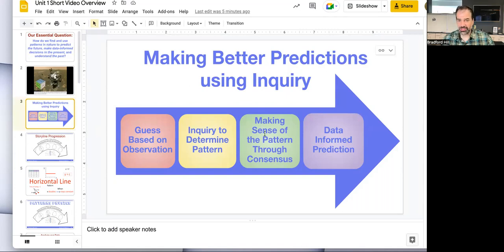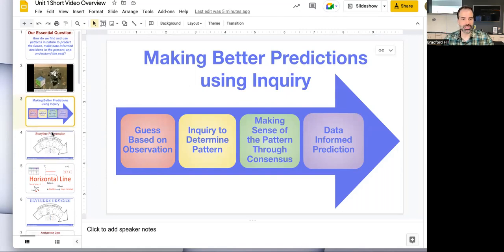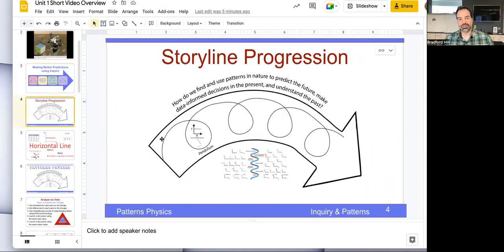So they don't always catch all of them, but then they talk to each other and learn from each other and then make sense of the pattern. And then they have a data-informed prediction. And of course, that is much better than their wild guess. So they live the experience of the value of evidence-based reasoning, why we do science. All right, so then we have our first